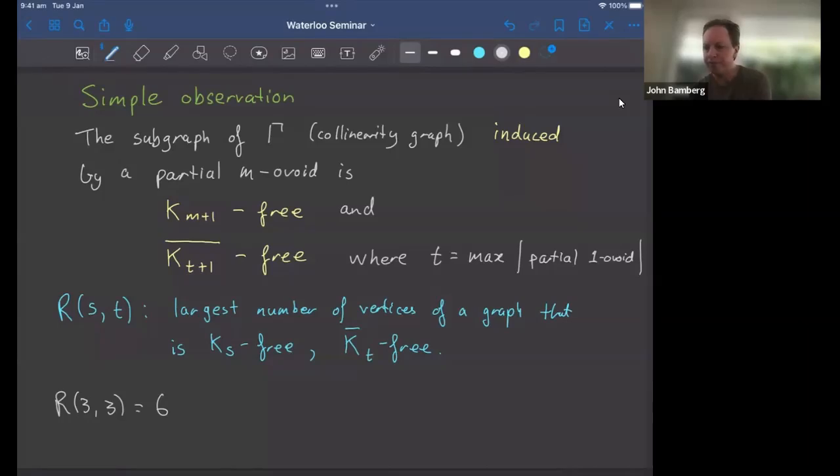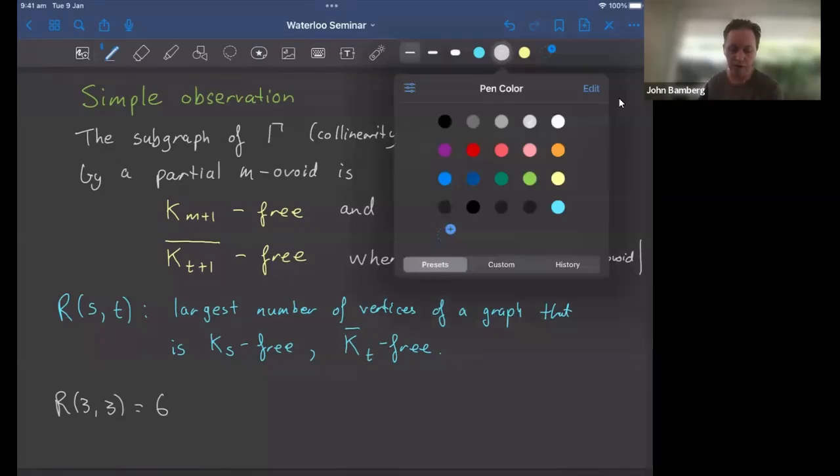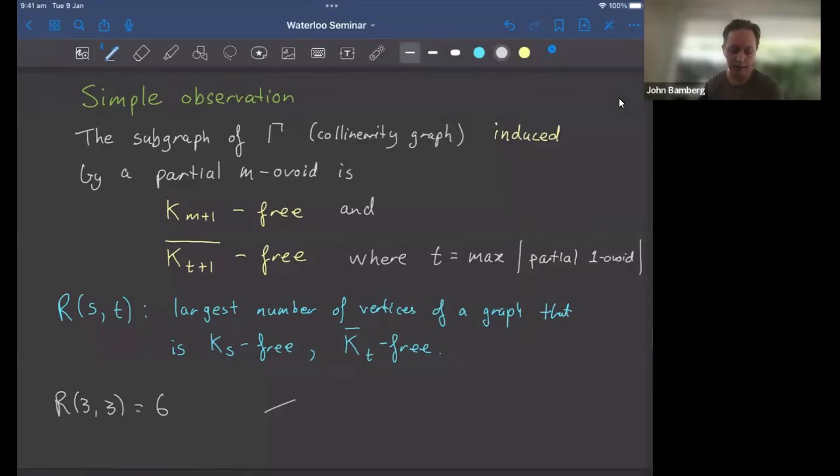Okay, so when we look at what a partial m-ovoid is doing for us, it's giving a lower bound on Ramsey numbers. Oh, I should mention one more thing. Why does this work? So if I take a clique, so if I start drawing lines between 4 points here down the bottom, then the subspace that this clique generates, the span of these points,